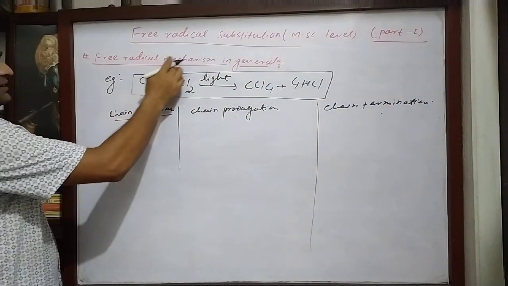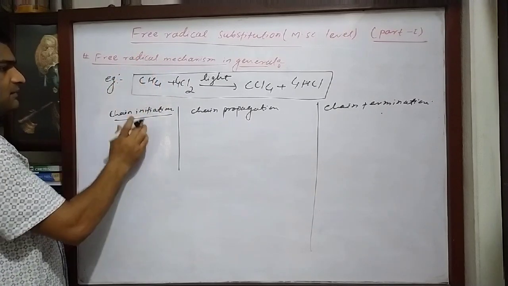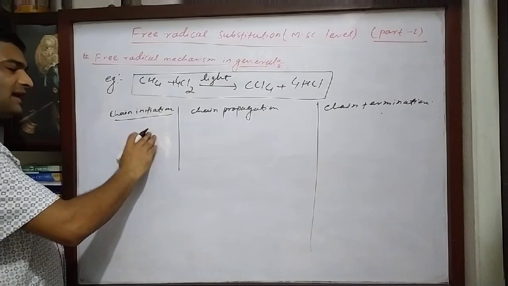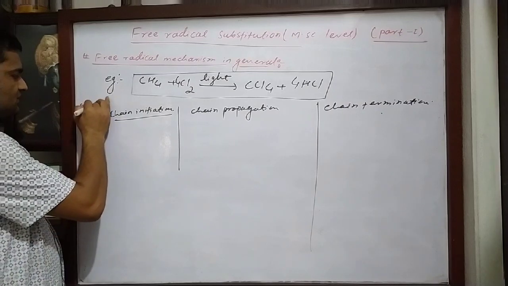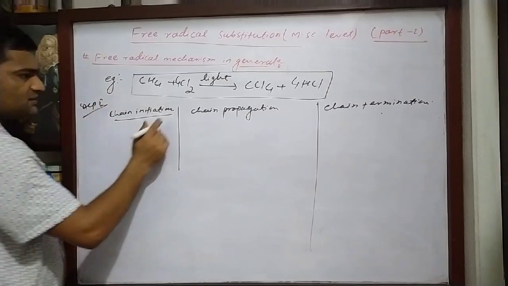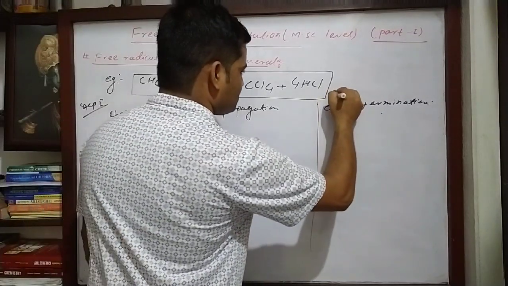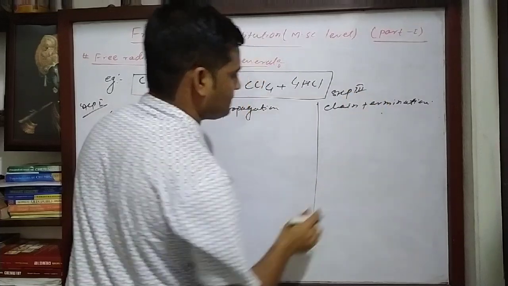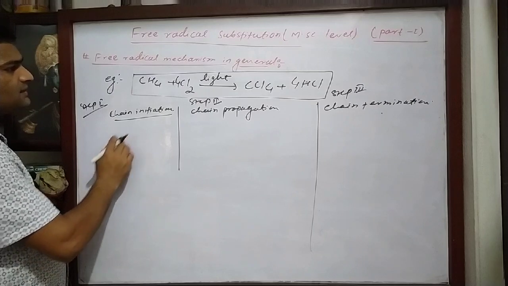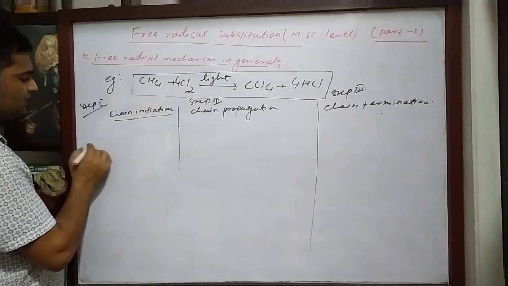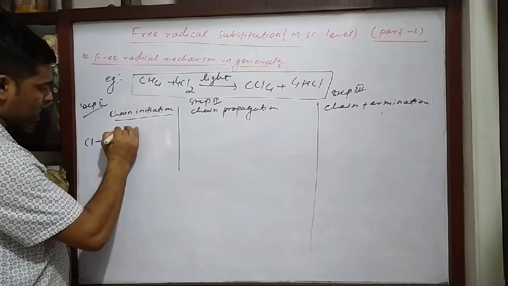In a free radical mechanism in general, in any free radical substitution reaction, there is always a 3-step process. The first step is chain initiation, the second is chain propagation, and the third is chain termination. In this chemical reaction, at first, in presence of light, this Cl2 molecule